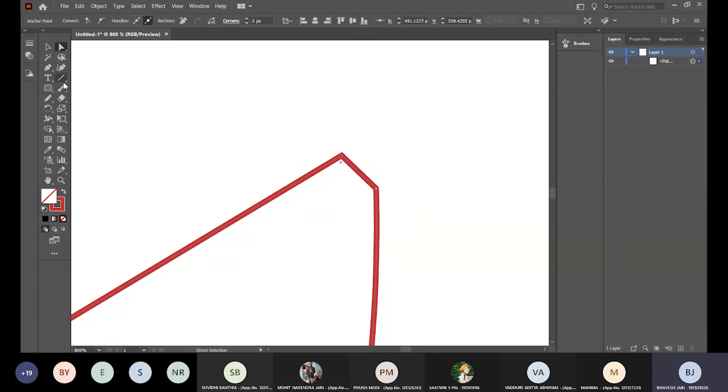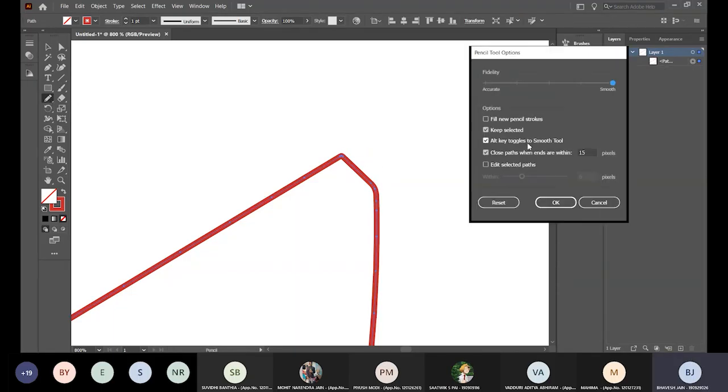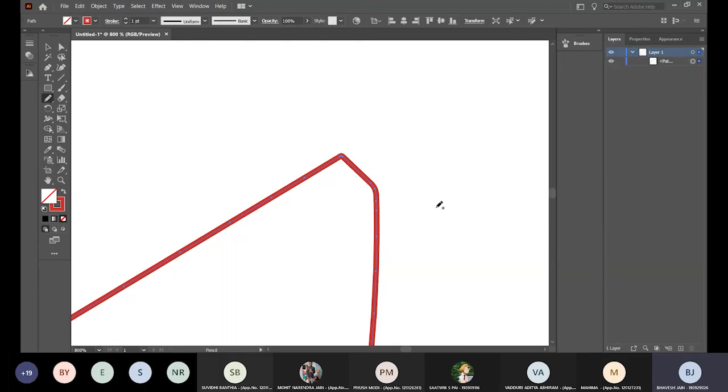Second way is pencil tool, alt, soften the edge out. Another way, if you have draw over enabled in the pencil tool, I don't think I have it enabled, do I? No, I don't. Edit selected path is not enabled. And I draw over it. Yep.